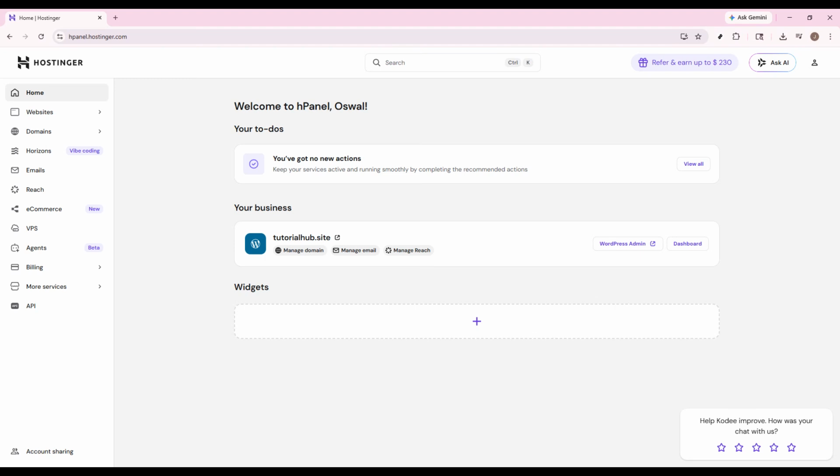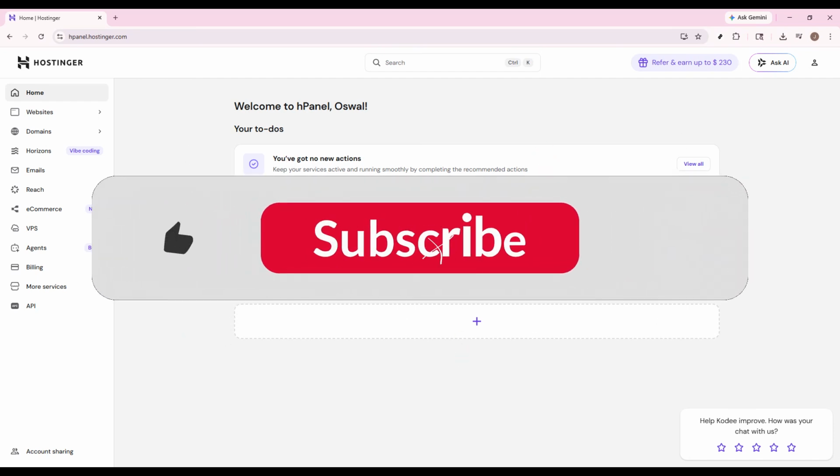This is really useful if you're testing themes, trying different plugins, or you just want to wipe the site and